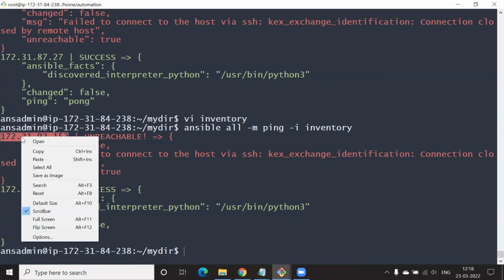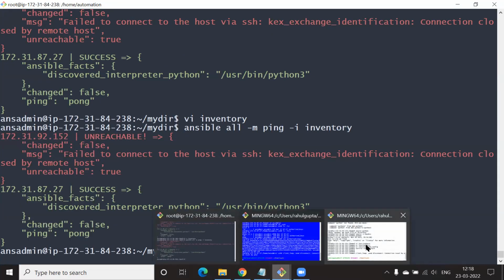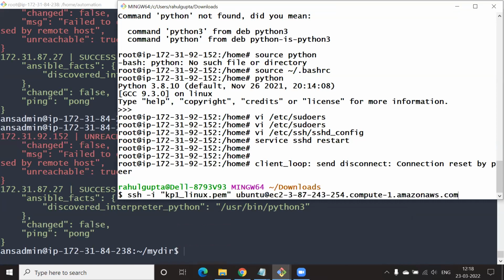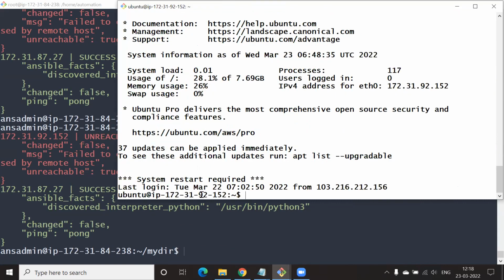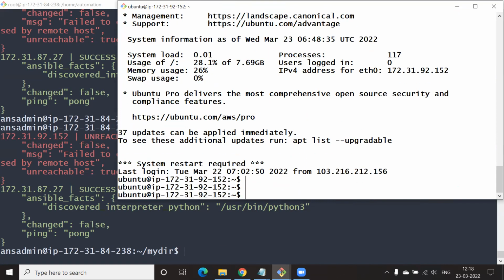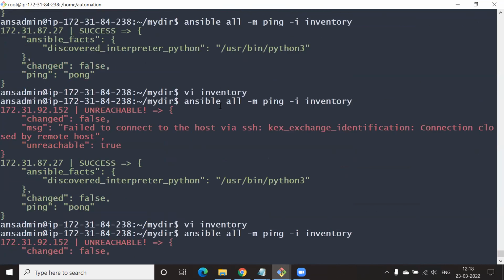From your other terminal, I think you have 3 terminals open, right? Yeah. The black, white color terminal, not here. The white color terminal, I think, is your 152. Yeah. SSH into this one. You're in, right? No problem, right? Yes. Strange. Then why is it not connecting? Back to the controller now. Yeah, we have commented that inventory command in the configuration.